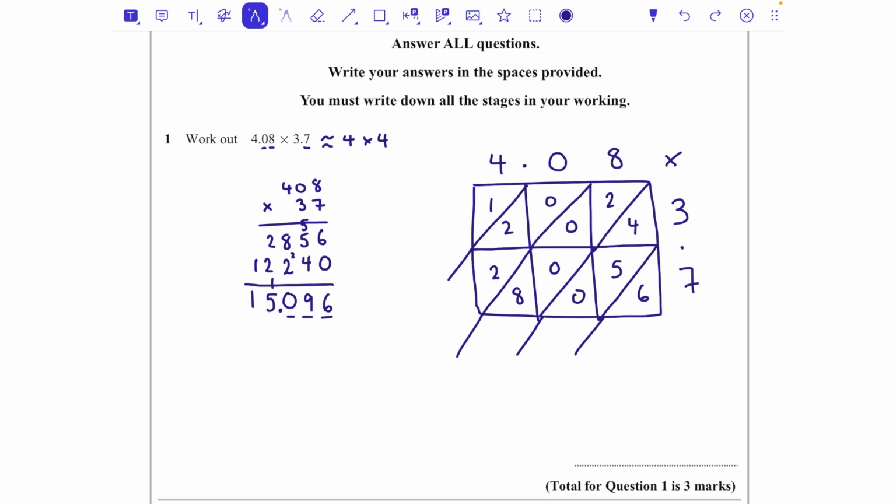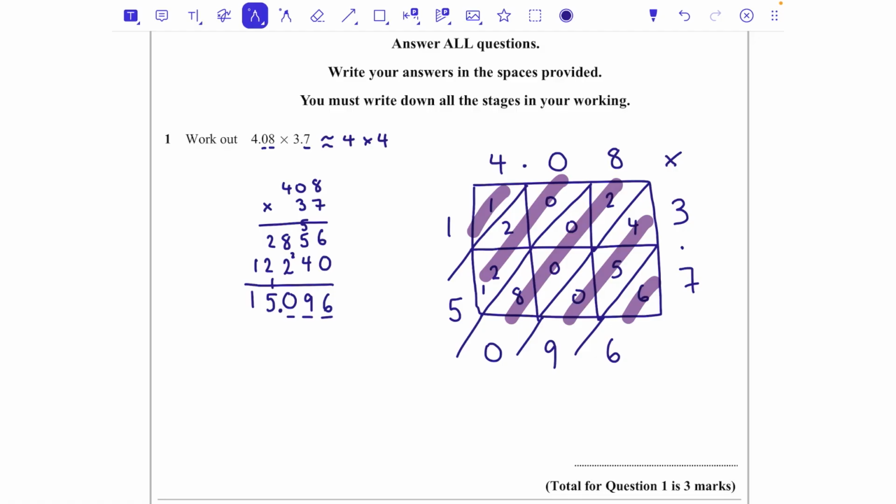And then all you do is add down each diagonal section like this. So in my first diagonal section, I've got a 6. 4 add 5 add 0 is 9. 2 add 8, that's 10, so 0, carry the 1 into the next diagonal section. 2 add 1 is 5, and then I've just got 1 in that section there. And that's my answer,